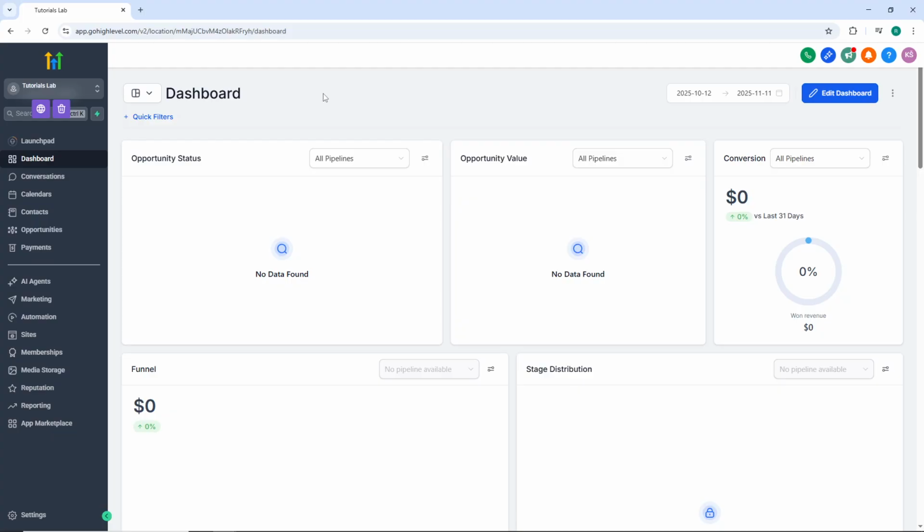First, head over to the GoHighLevel login page and sign in to your account. Once you're logged in, if you manage multiple sub-accounts, you'll need to switch to the correct one where your funnel lives. You can do this using the account selector at the top of the page or in the left navigation